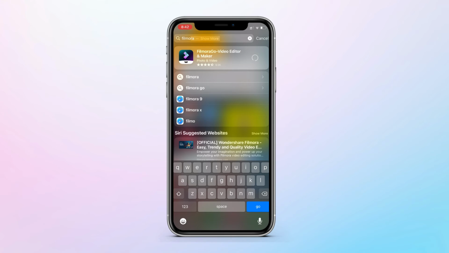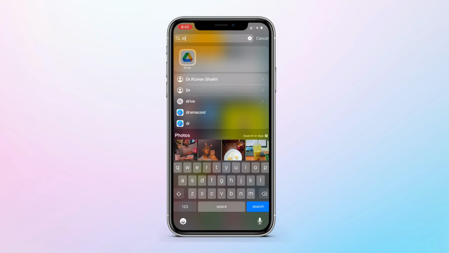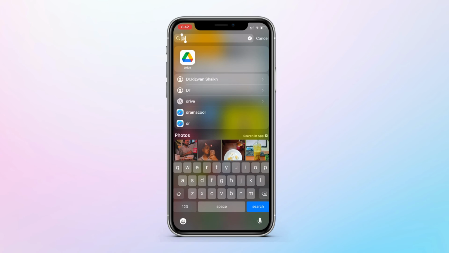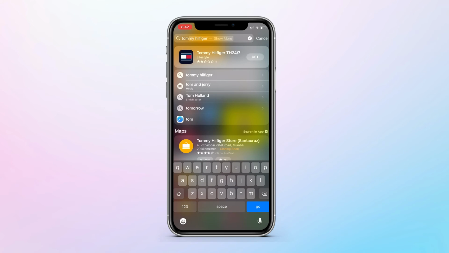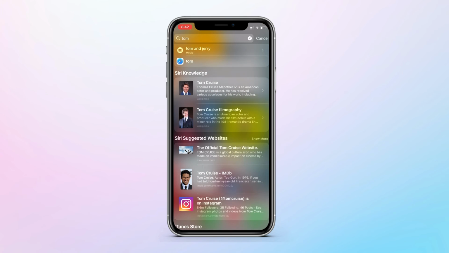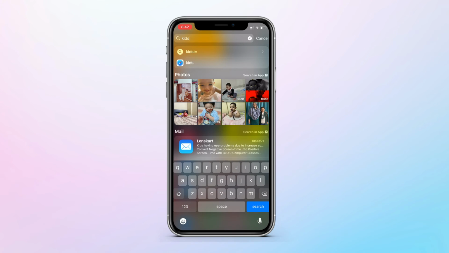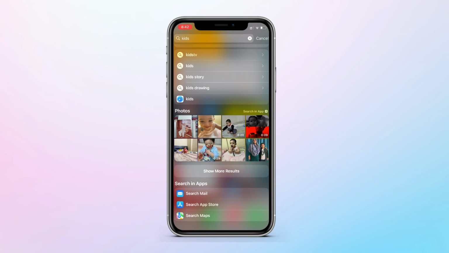And if you want to add any app to the home screen, you can easily drag it from here and put it on the home screen straight from Spotlight Search. Not only that, but if you search for some celebrity or any popular personality, you can see here it shows all their information. And if I search for kids, you can see the images from the Photos app also come up here. You don't even have to go to the Photos app anymore.